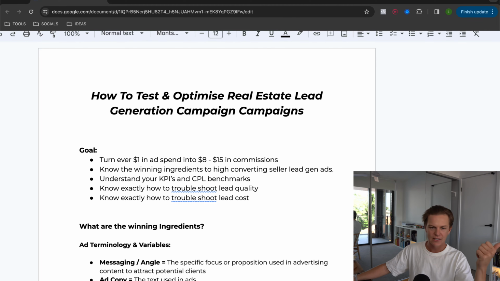Obviously the goal initially is to turn every dollar that we spend in ad spend into $8 to $15 in commissions. We've already touched on that, but that is the goal at the end of the day. Two is to know the winning ingredients to high converting seller lead generation ads. And so